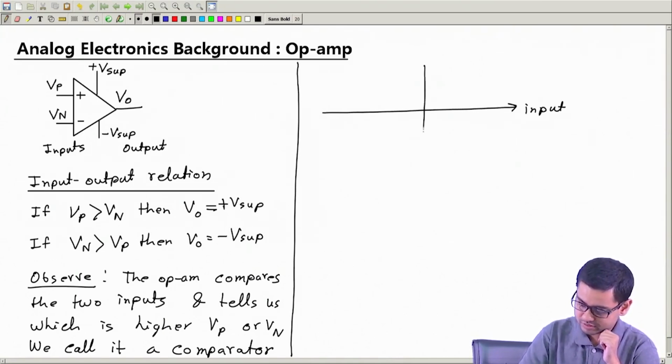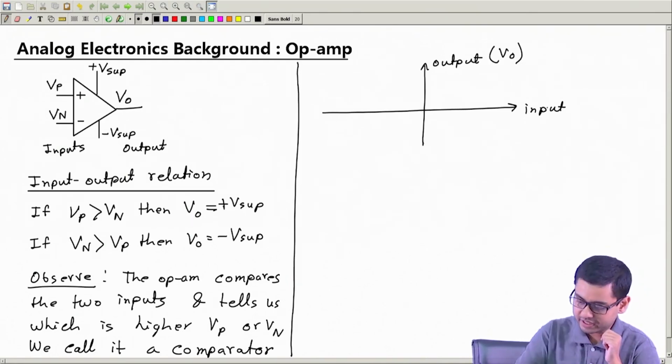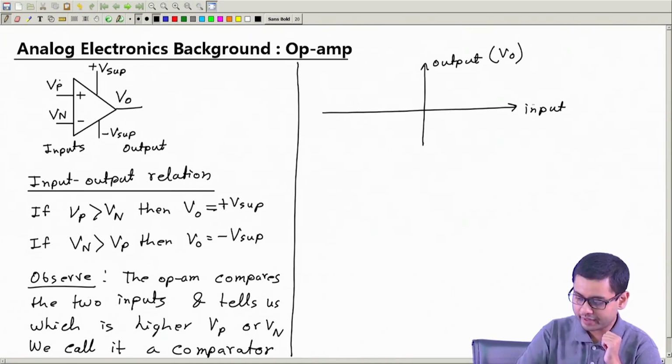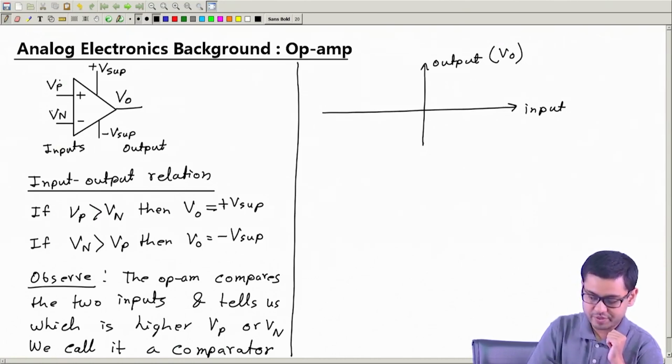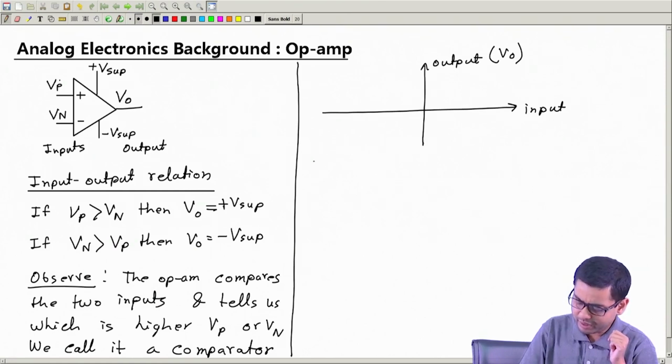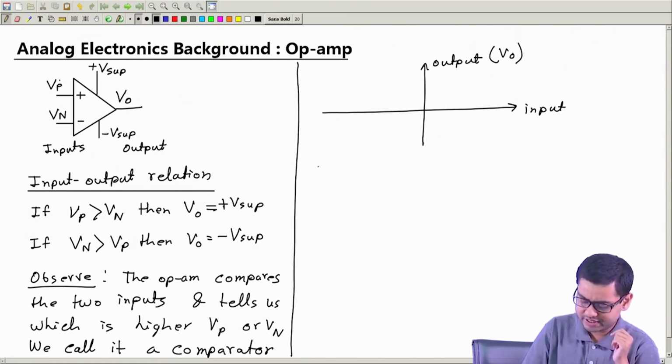Output is nothing but Vo. But for input, I am in trouble because we have two inputs, Vp and Vn, but I have one input axis. How do I put two inputs? I do not have a 3D graph. I do not want to make it that complicated. But just observe that